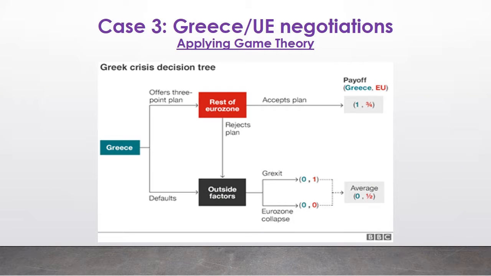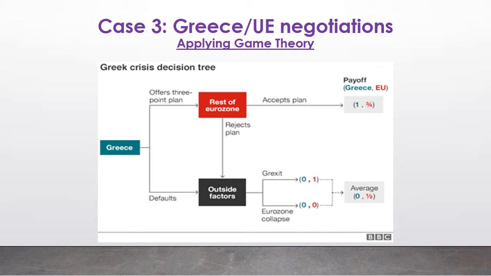So now that we know the positions and goals of every actor in the game, we can study the possible issues of the Greek crisis using game theory and payoff calculations. So the first situation is when both parties accept a plan. The Greek economy would recover and the Eurozone would remain intact, despite accepting less fiscal constraints and a reduction of the Greek debt. The second situation would be when the plan is rejected.